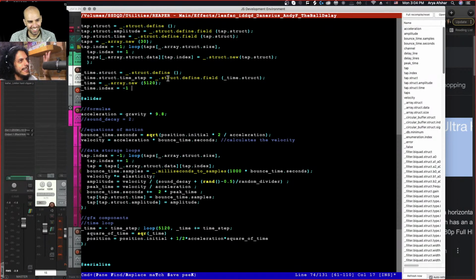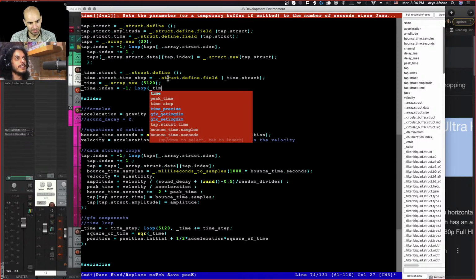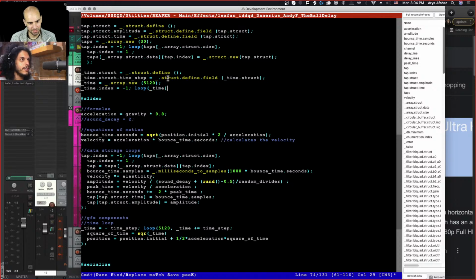But we need to index this thing, so we start at -1 and we loop the thingamajig at underscore time in the position of underscore